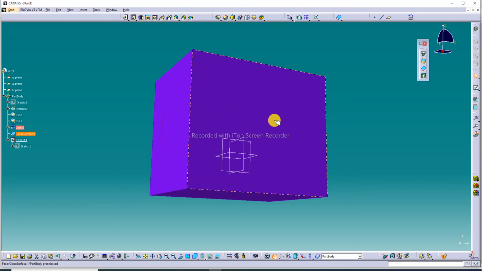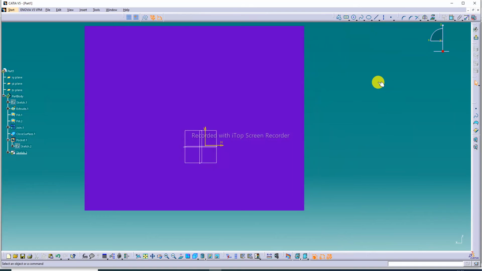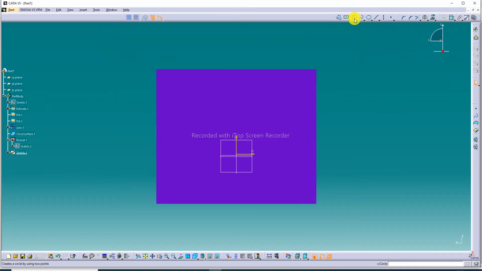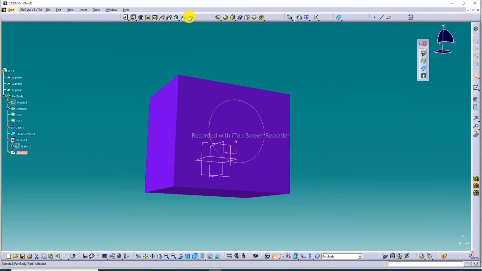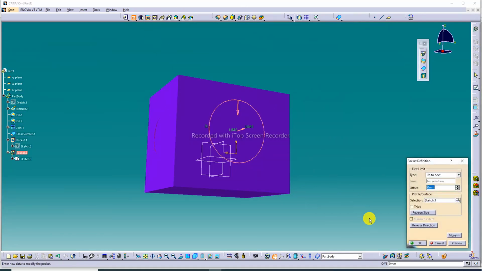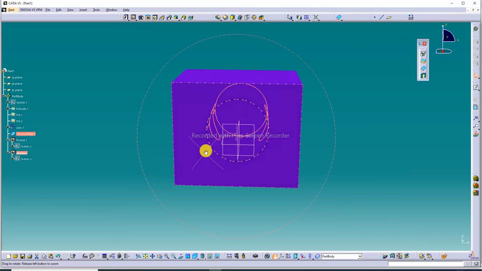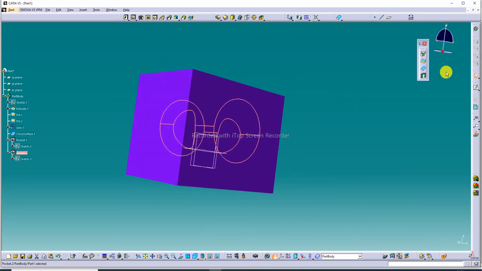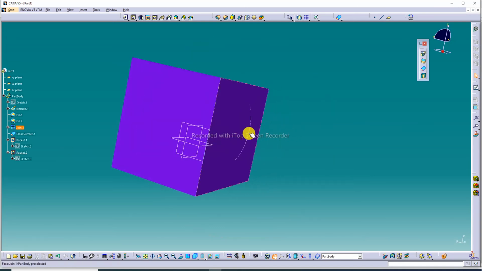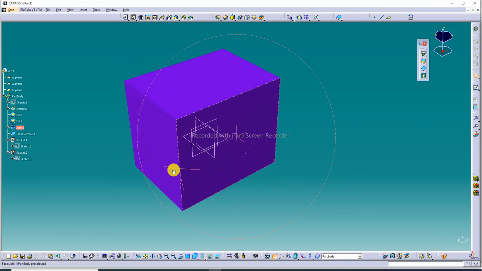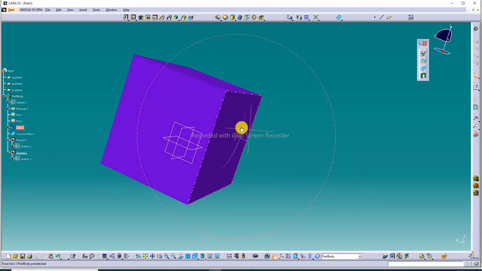Click this face and exit, and the Pad command is used. This body is not shown here because